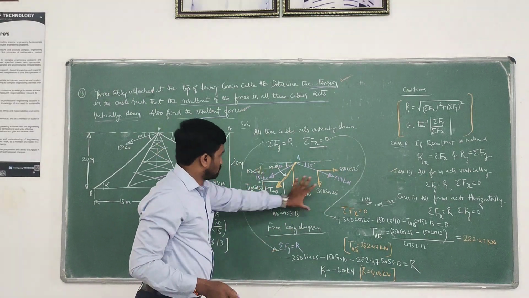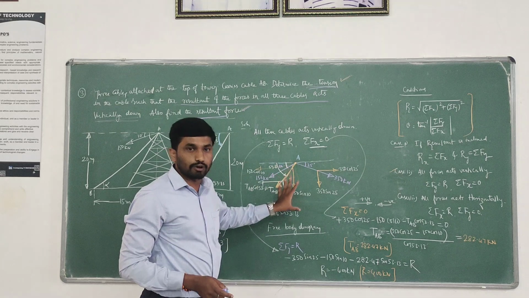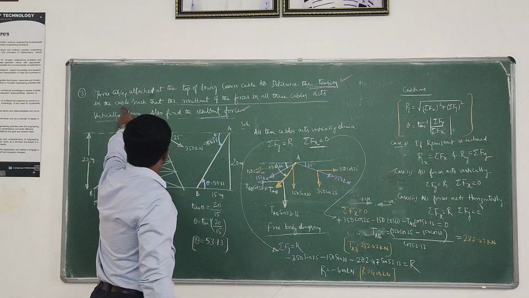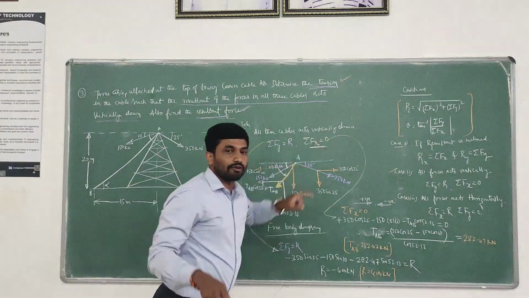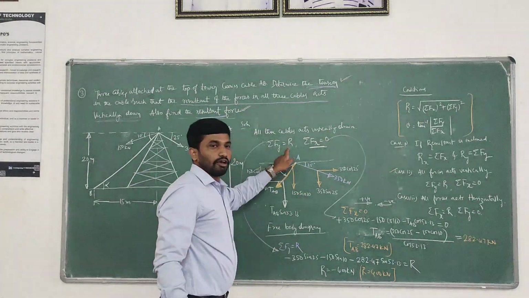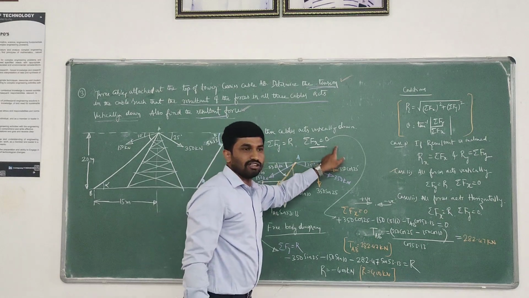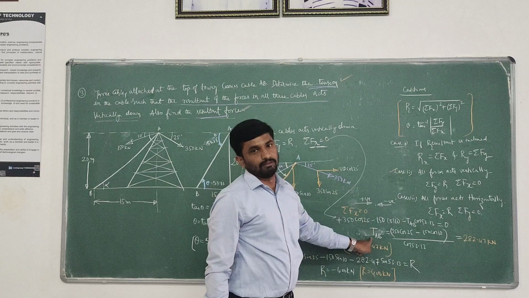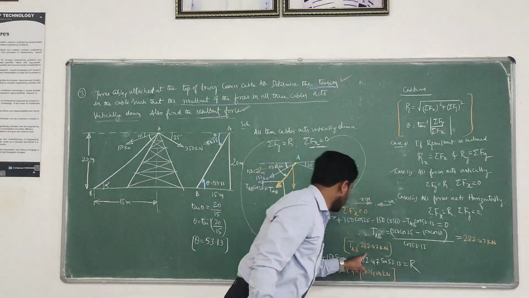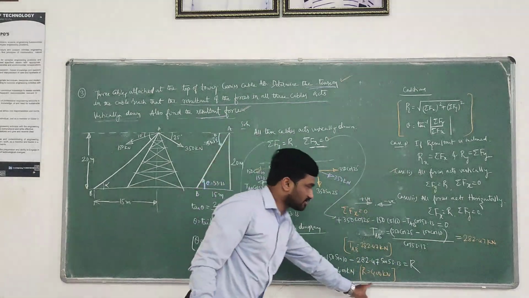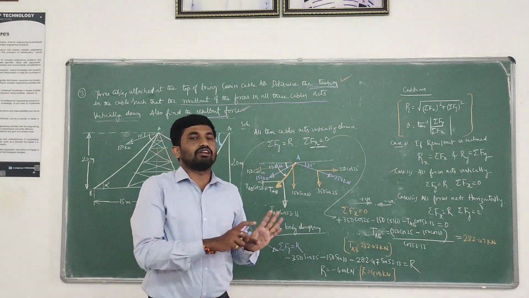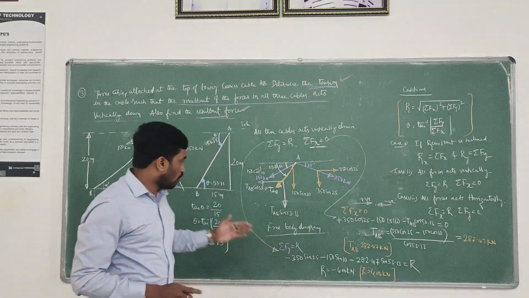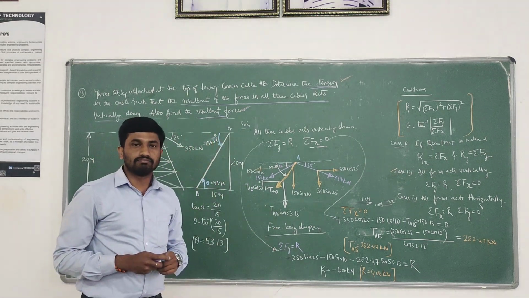So we got the free body diagram. After we get the free body diagram, use the condition. What is the condition given in the problem? All three forces acting vertically down. Hence we are applying sigma Fy equals R and sigma Fx equals 0. First apply sigma Fx equals 0 to get the tension in the cable. Once you get the tension in the cable, apply this condition to get the resultant. This is a very simple thing, and these are the steps to be followed to solve these kinds of problems.